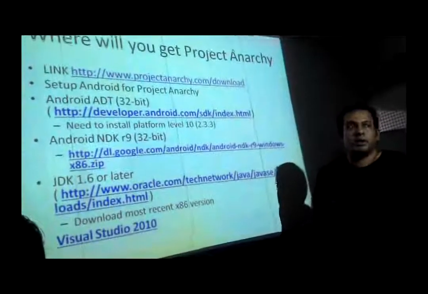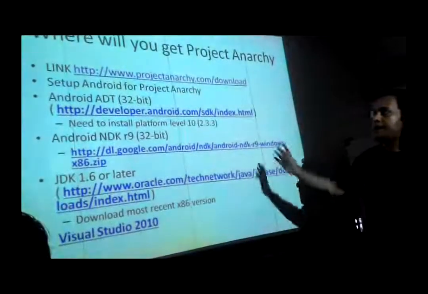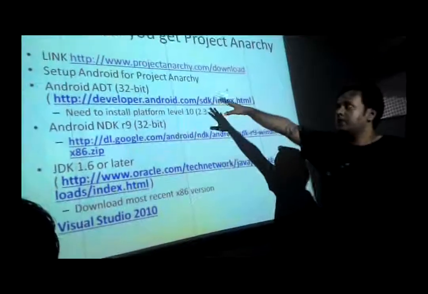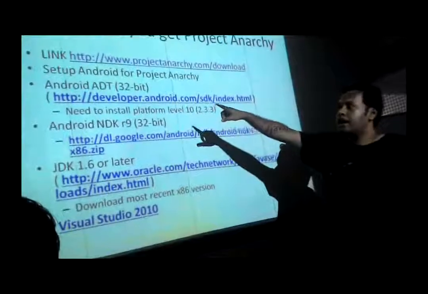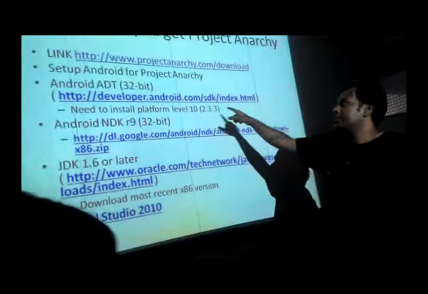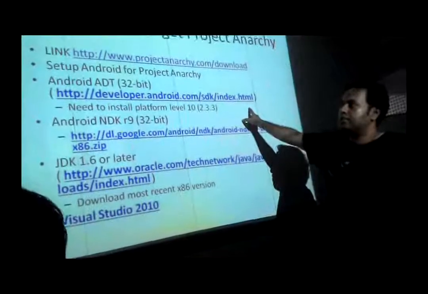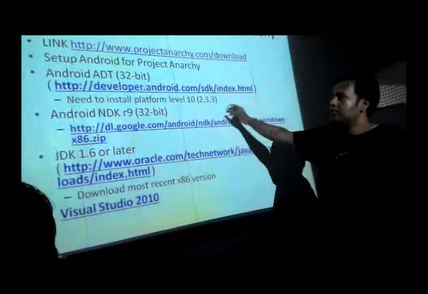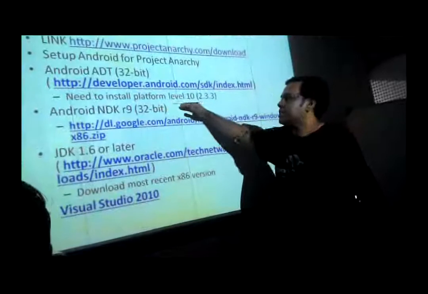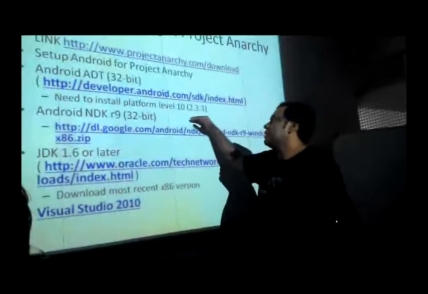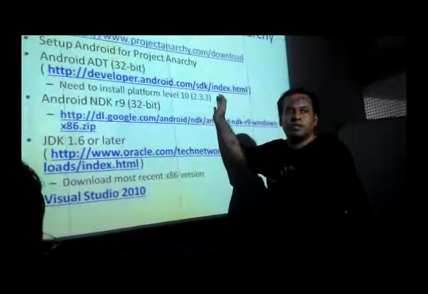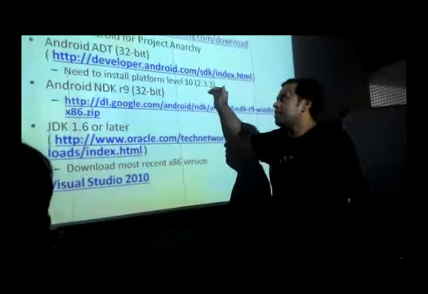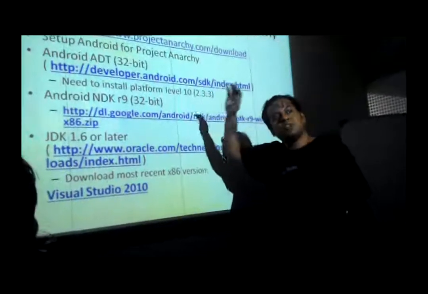So what are the compliant issues, like what things are required for that? If you are setting up for the Android environment, Project Anarchy, you should have the Android ADT bundle installed in your computer. You have to get it installed from the Android ADT website. That's the developer website. And you need to have the platform that's for the Project Anarchy purpose would be the Gingerbread version. So 2.3.3 is the minimum version, and if you are building an application in 2.3.3, it works for other versions also.